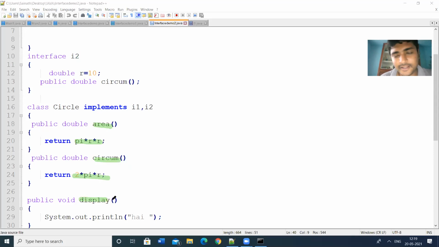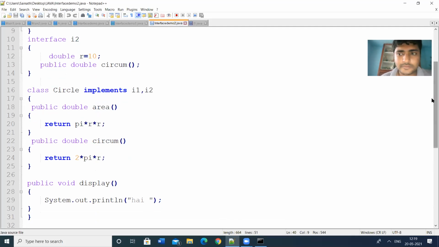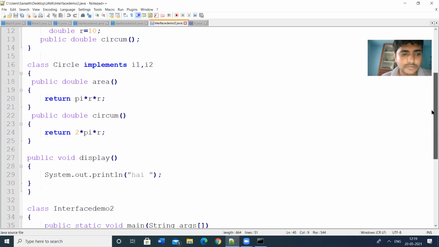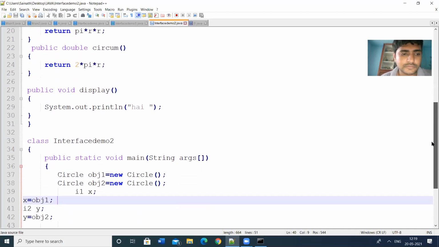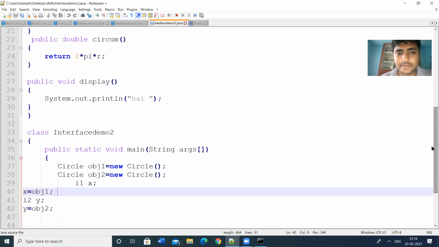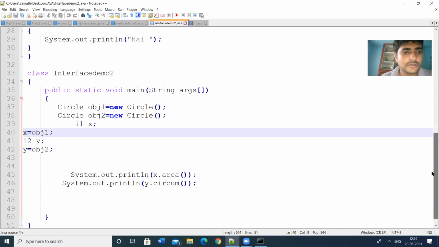Display is not an interface method, so I have simply written the method display. And then I am defining the main class.